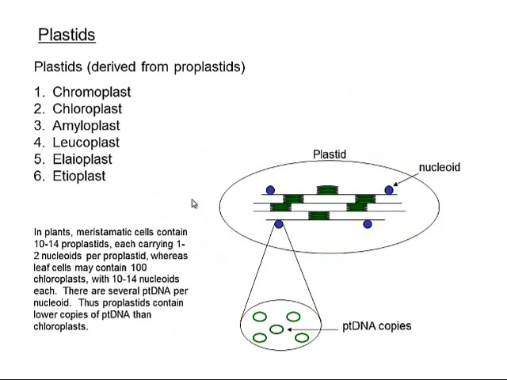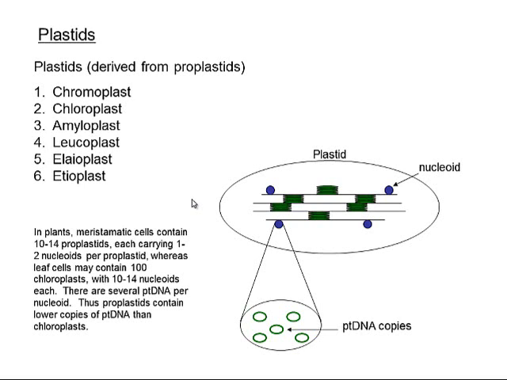Okay, so let's have a look at plastids. There are a whole load of different types of plastids: chromoplasts, chloroplasts, the ones we were most familiar with, amyloplasts, which are used for storing starch, leucoplasts, elaioplasts, etioplasts, which are contained in etiolated plants. And whether we can successfully get plastid transformation depends a lot on the type of plastids that are contained in